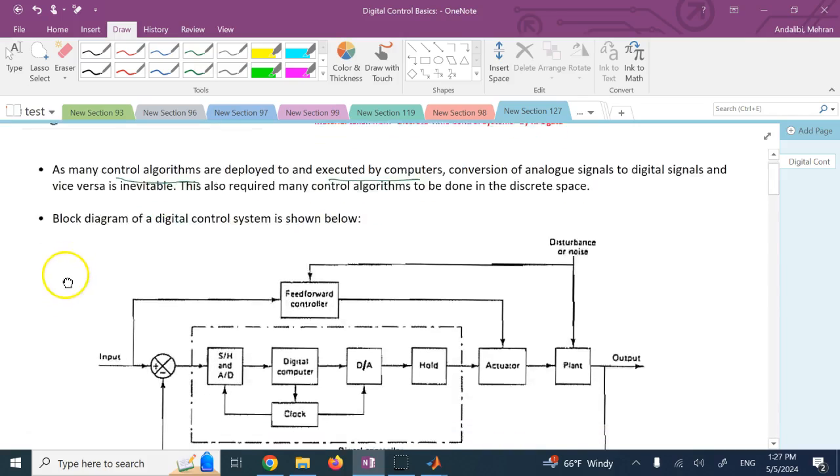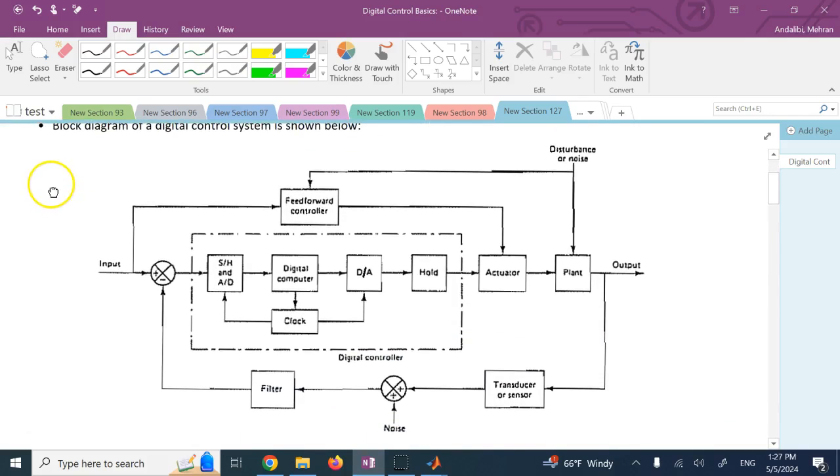So what is the workflow of a digital control system? Okay, what is the overall block diagram of it? This is what you can see. This is the input, this is the output, and this is the plant. Now, of course, here you have to add a bunch of more components to go from the input and output, which are typically analog, to inside the system where everything is digital. So you have to convert this analog signal to digital and then go back to analog again. Okay, so you need these components called A to D, analog to digital, and D to A, digital to analog